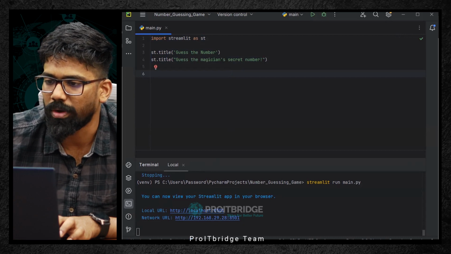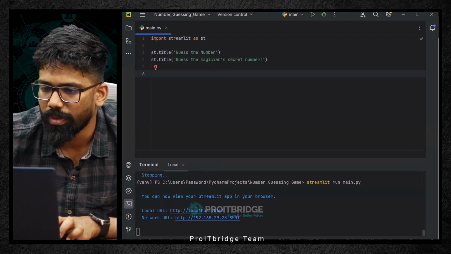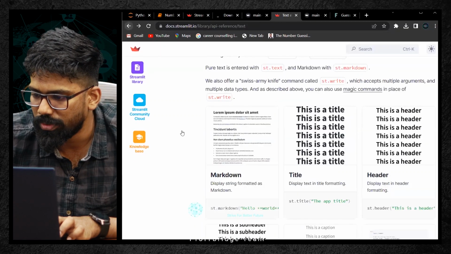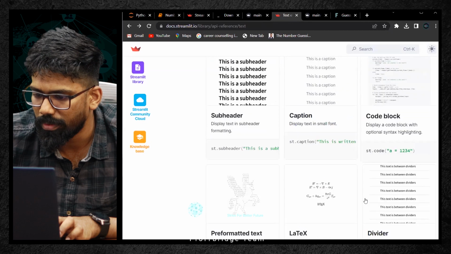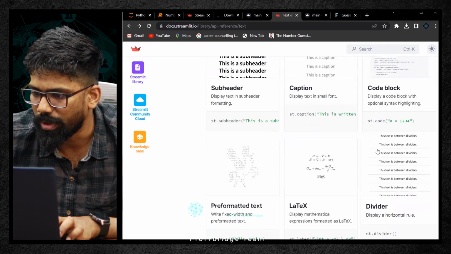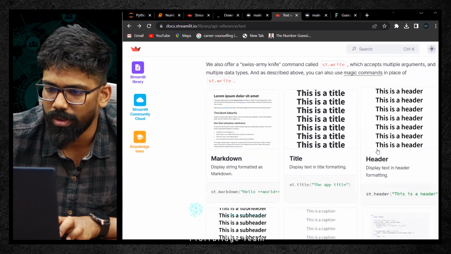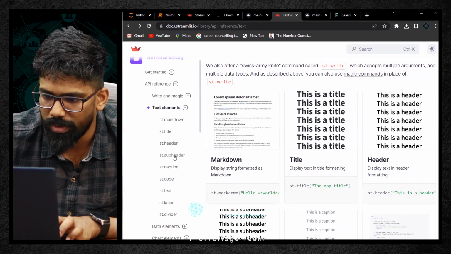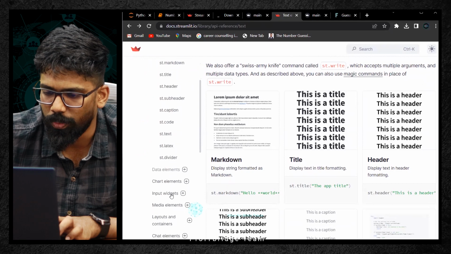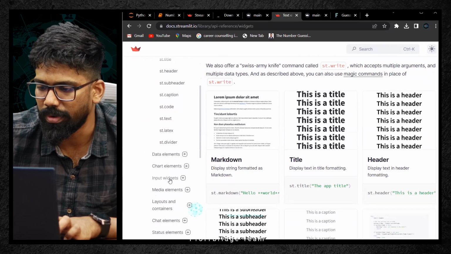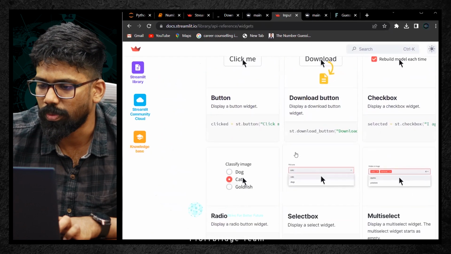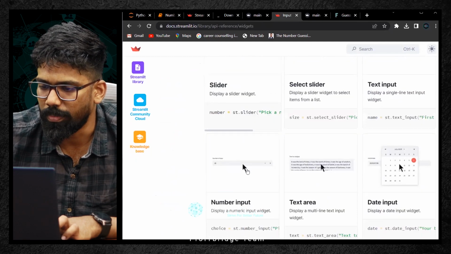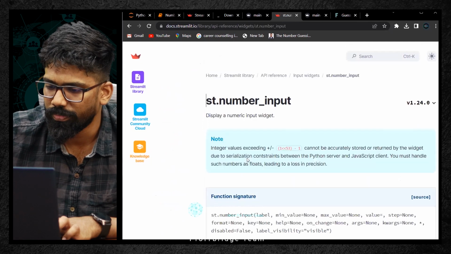So again, I'm just going back to the Streamlit docs. Go back. Alright, so input, scroll down, scroll down. Is there anything like input? Okay, here it is not there. Alright, so let me click on text elements, subheader, okay, input widgets. So here I have input widgets. Let me click on it. I just want to receive a number. So pick a number, here it is. And also number input, this is also here. So I'll just click on this.